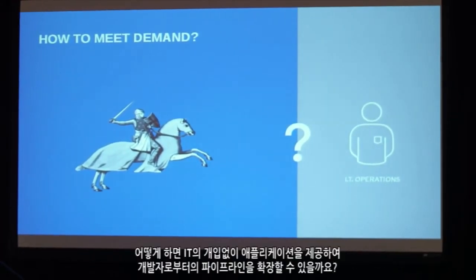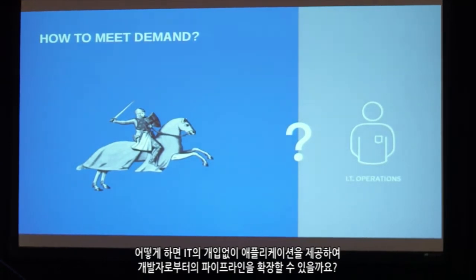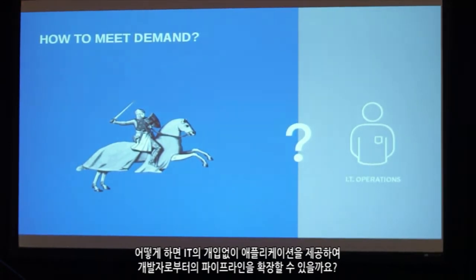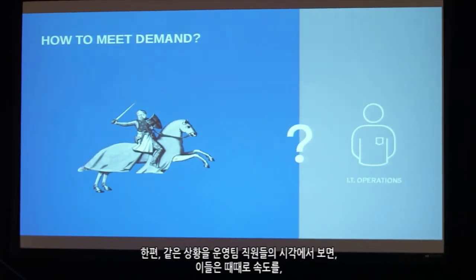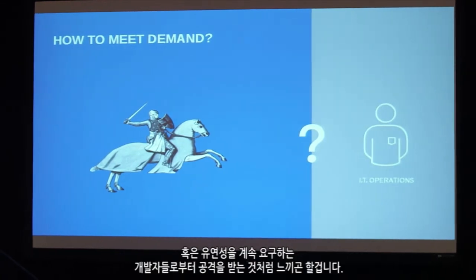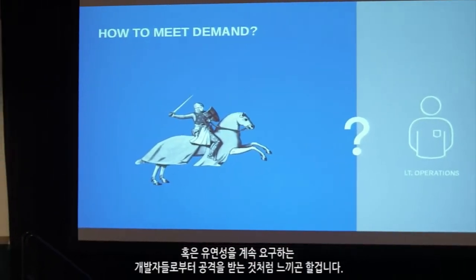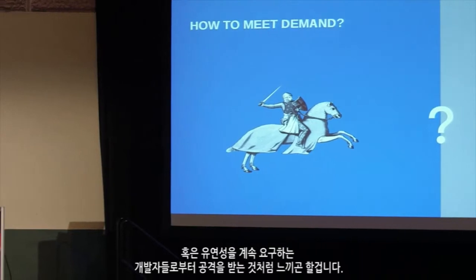How can you actually do application delivery so that it extends the pipeline from the developers without IT getting in the way? And by the way, if you look at this picture from the perspective of the ops guy, sometimes it feels to them they're getting attacked by the developers with their push for speed, for flexibility.